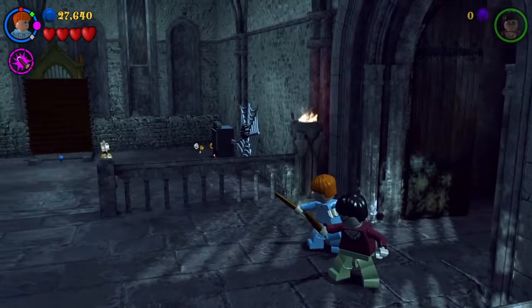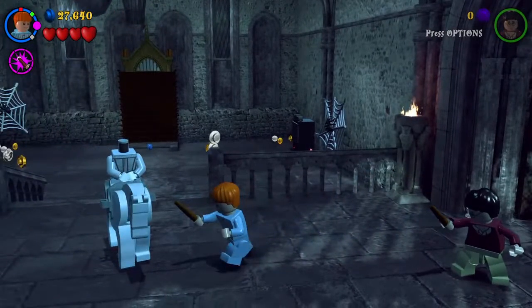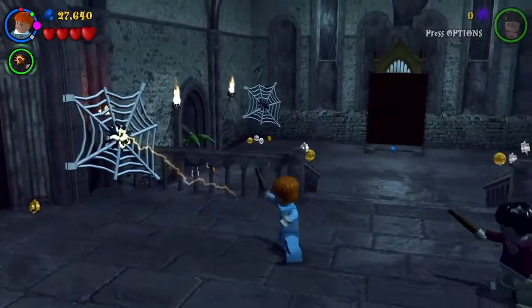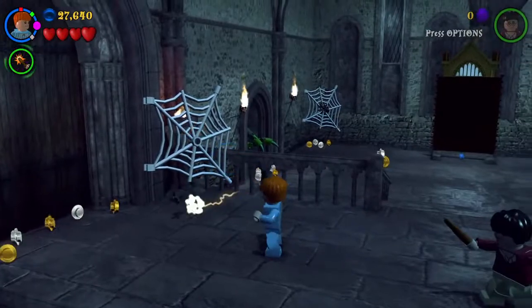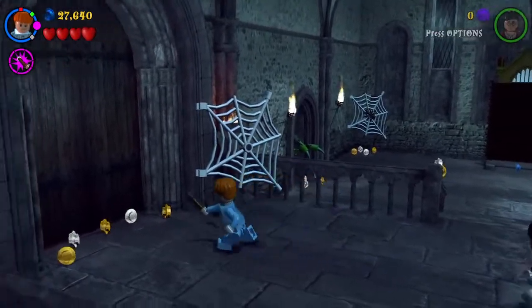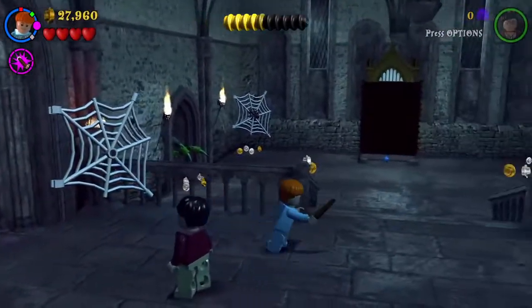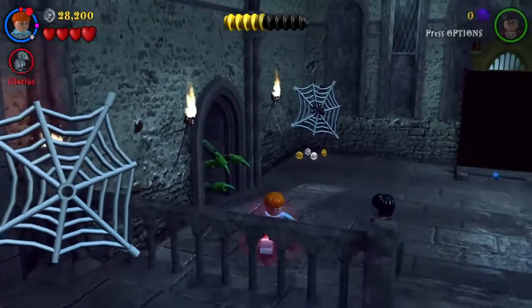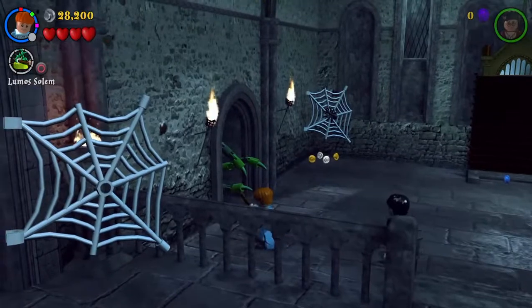Find the ladder. Yeah. Headless Nick. Okay, do you think they'll find the Mirror of Erised now or later?